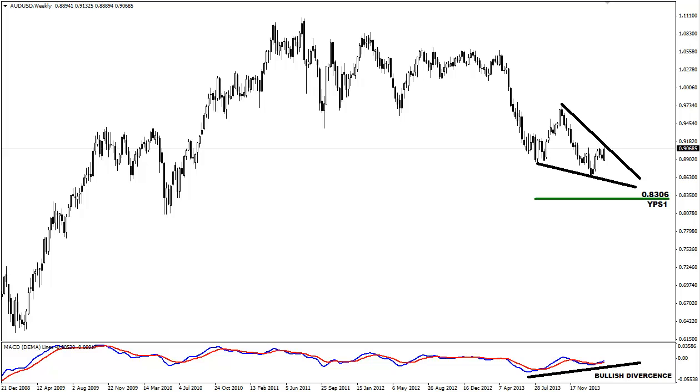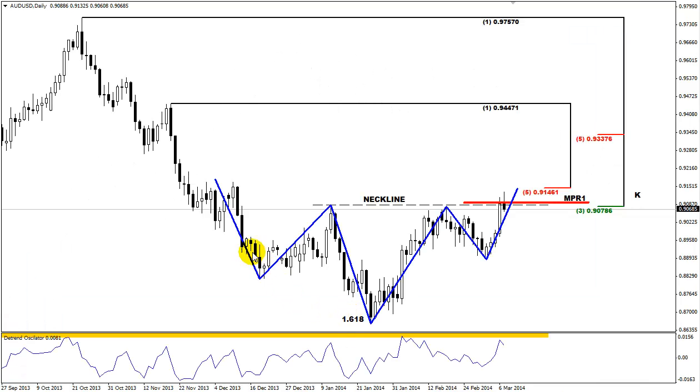Now shifting to the short-term analysis, let's take a look at the daily time frame, and here we can better see our head and shoulders pattern, in the blue lines. First we must say that the head is exactly at the 1618 extension of the left shoulder. That is very typical for the head and shoulders pattern, and the market is right at the neckline at the current moment,